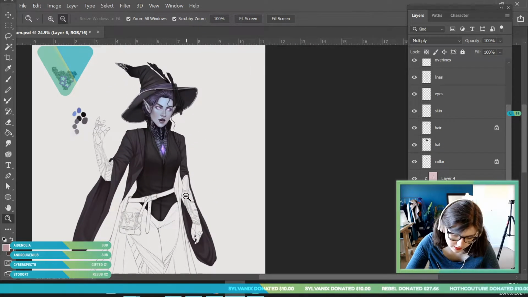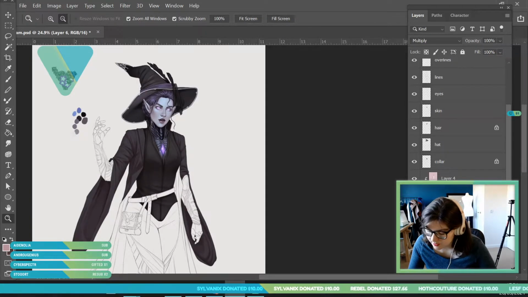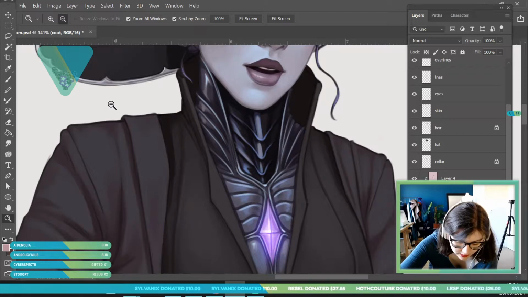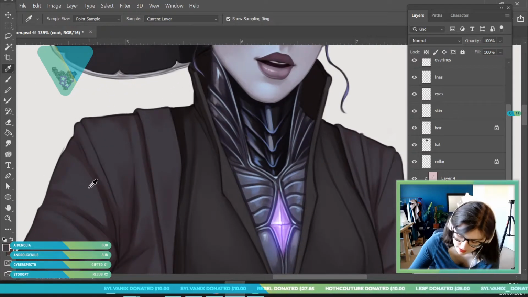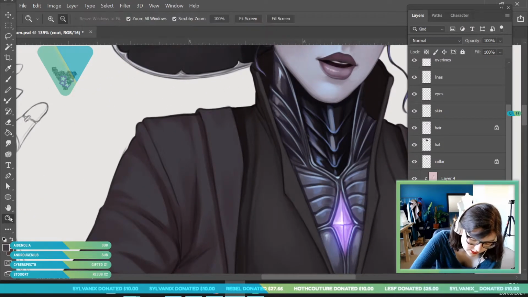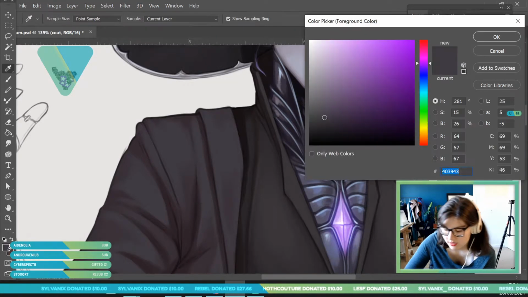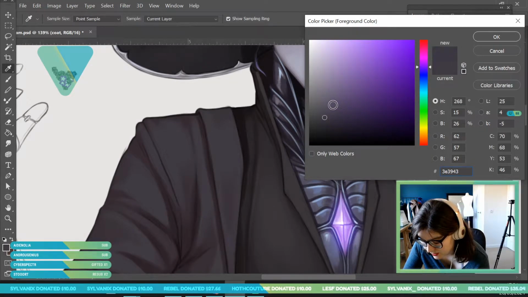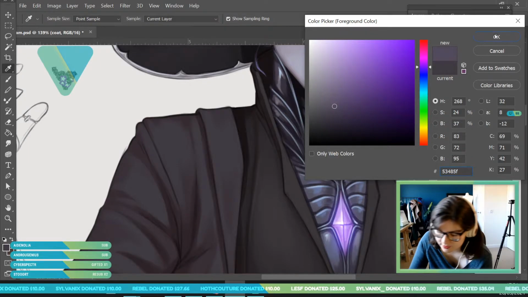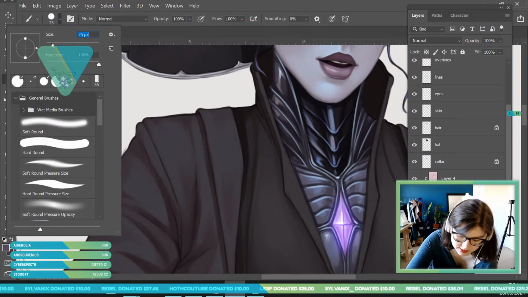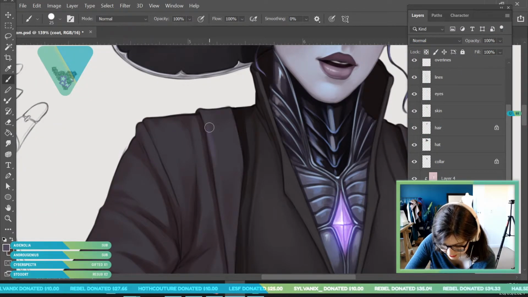Okay, I am liking where this is going. The next thing I'm going to do, I'm actually just going to go back down to that plain base color layer, and we're going to add a little bit more color and light. This is kind of like the equivalent of adding highlights. I'm going to make this a little bit more saturated because, like I said earlier, I almost want that slight purpley velvety sheen to the fabric of this coat. So,